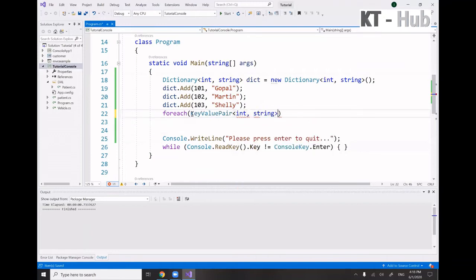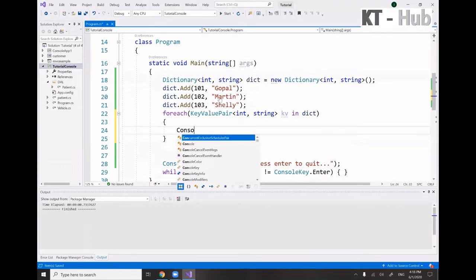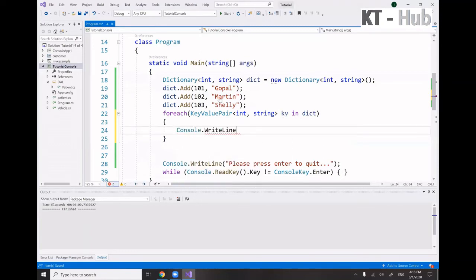I'm going to give it an object name, say kv, in the dictionary dict. Each key value pair we are looping through one by one and getting it out, named as kv. So I can put a Console.WriteLine